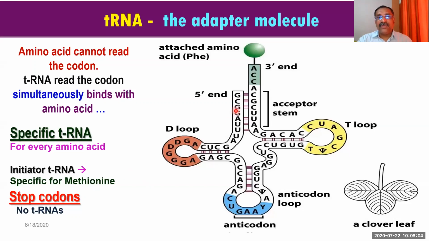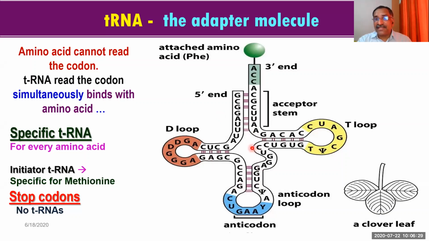Yes. Now you see, this is one transfer RNA. This transfer RNA has a particular shape. Especially two shapes you have to study. One is called the clover leaf model. This is a 2-dimensional picture, a 2D picture. In this, the shape is the clover leaf model.